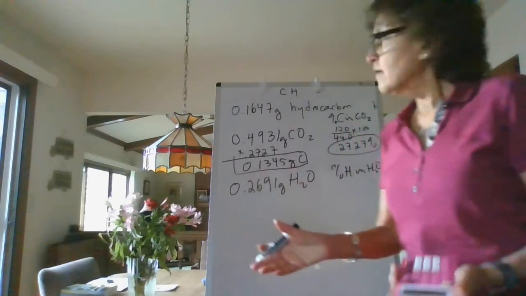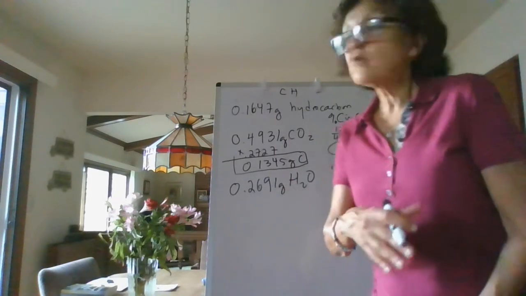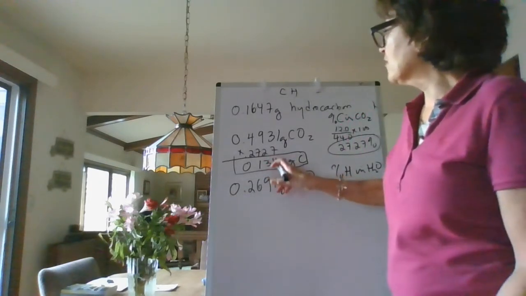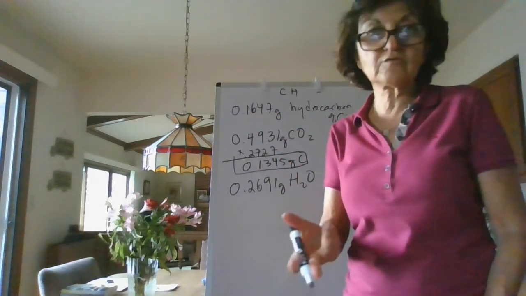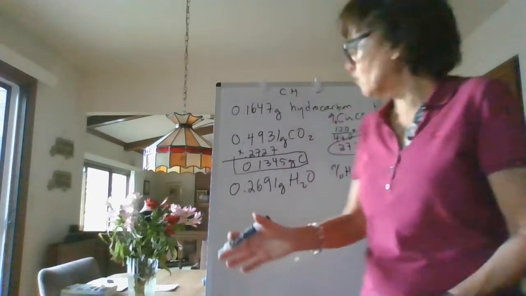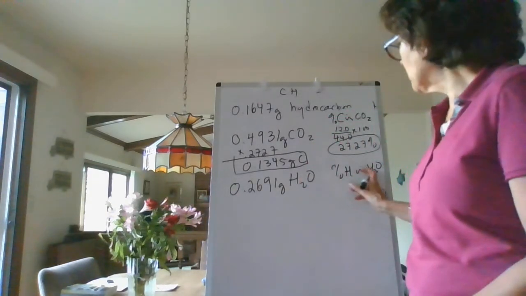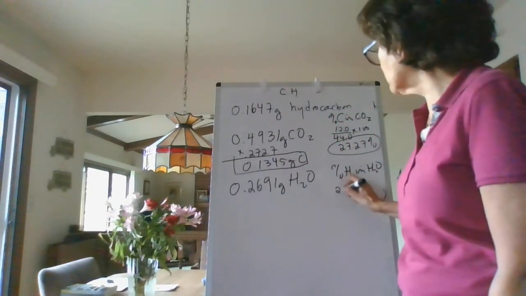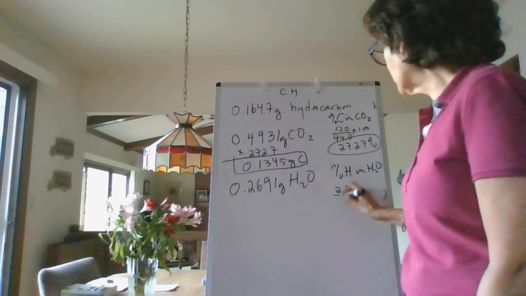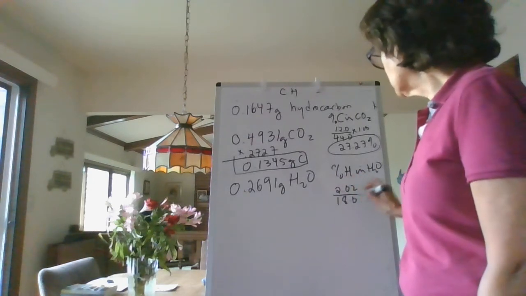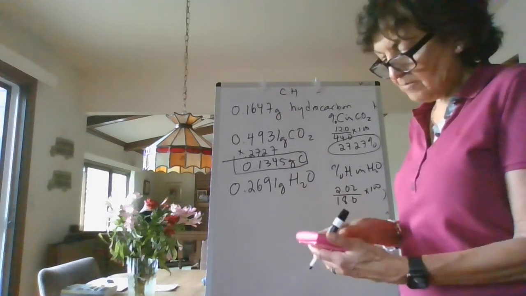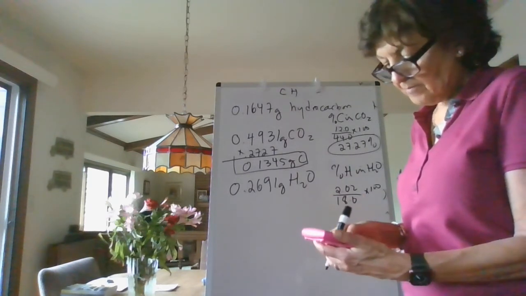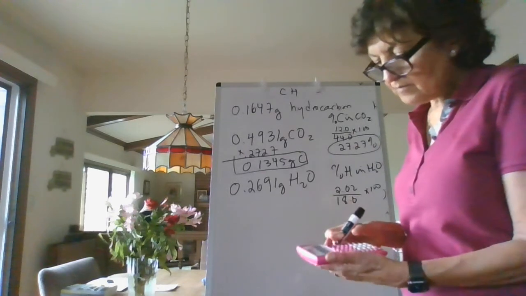Okay. There's a little trick you can do now. If you know your grams of carbon, if you take this minus this, you'll get your grams of hydrogen. Make sense? You could do that. Or you could still go ahead and figure out percent hydrogen in water. You could say 2.02 divided by 18 times 100. So let's go ahead and do it. 2.02 divided by 18 times 100. And you get